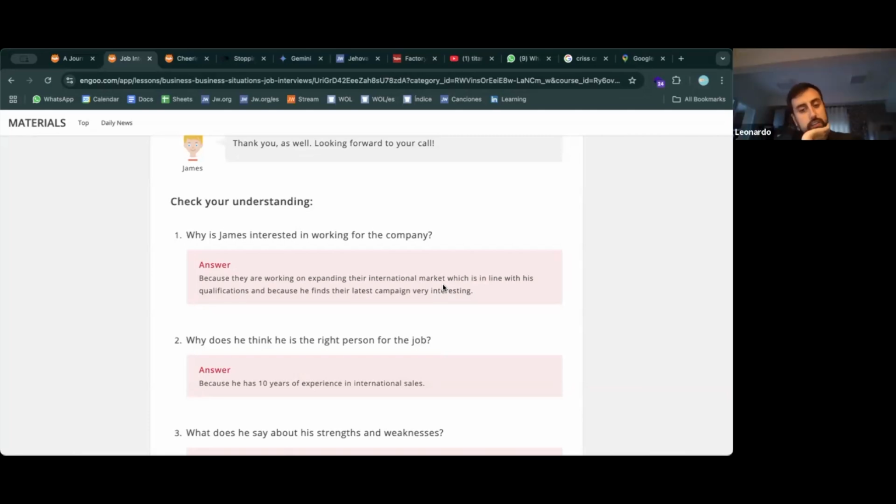Okay. Like I said, his traits: a great team player, a motivated guy, a communicative one. So these are his traits. About the weakness, he said that he's a kind of perfectionist person. Does this word exist? Yep, exactly. Perfectionist.